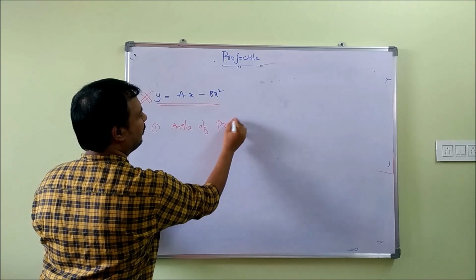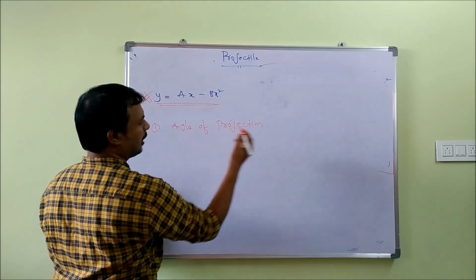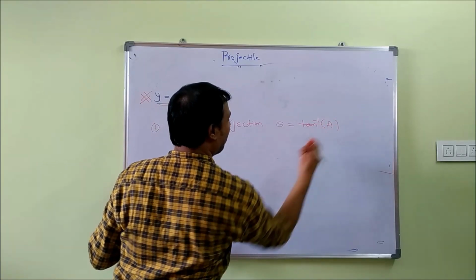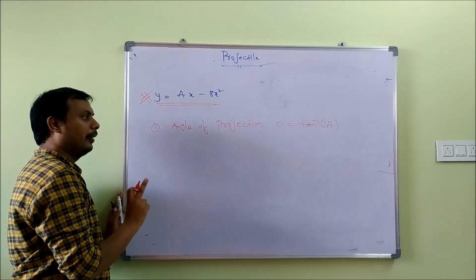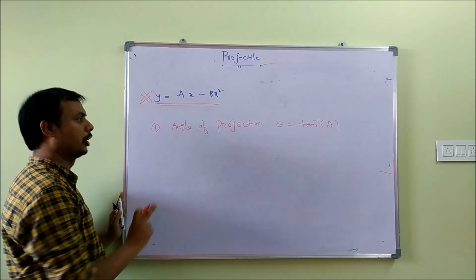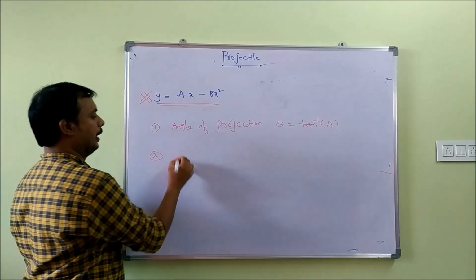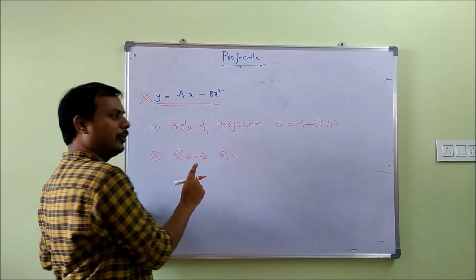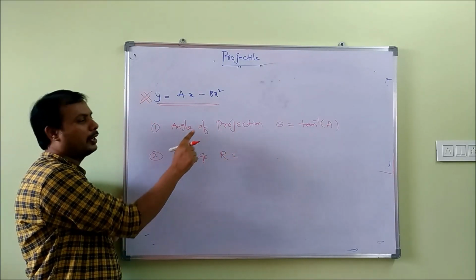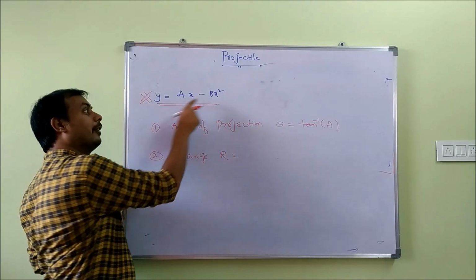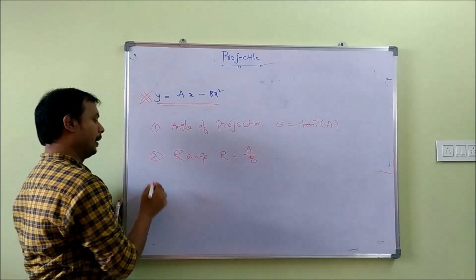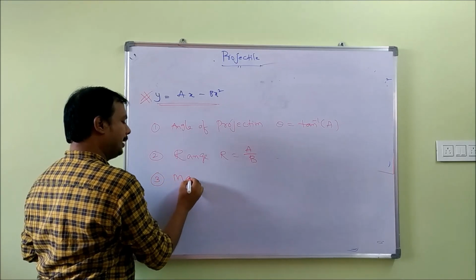projection theta. Theta equals tan inverse of A. Tan inverse of A gives the angle of projection. And second is the range. Range equation you already know: u square sin 2 theta by g. But in terms of A and B, range equals A by B. And third is the maximum height